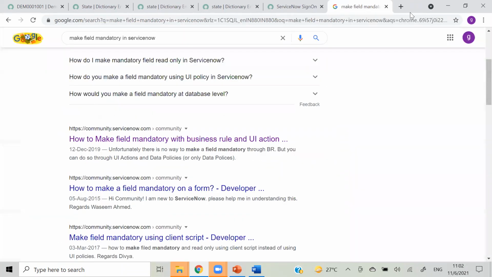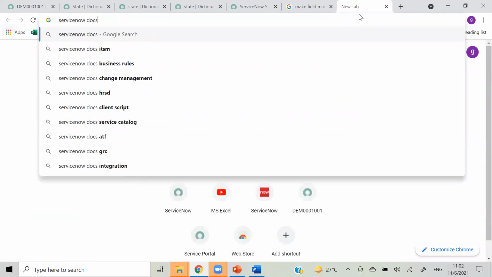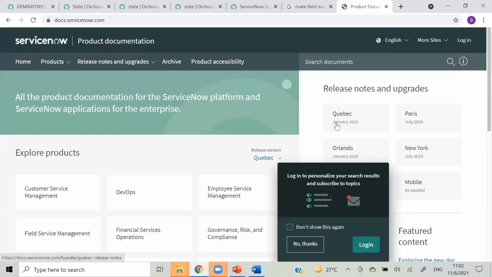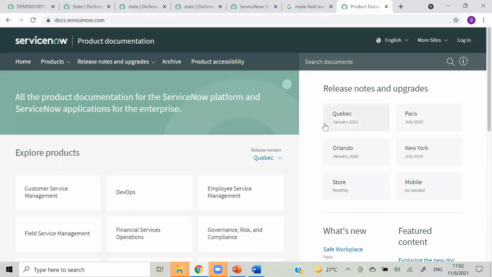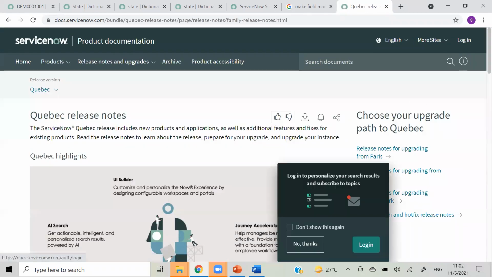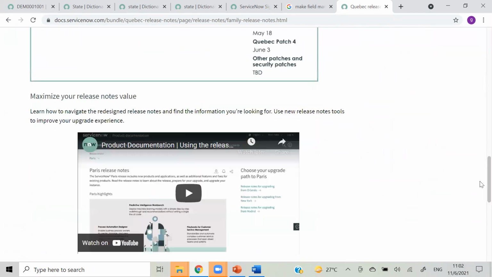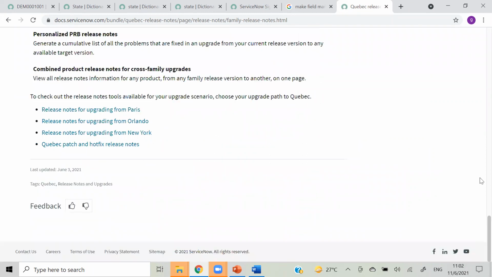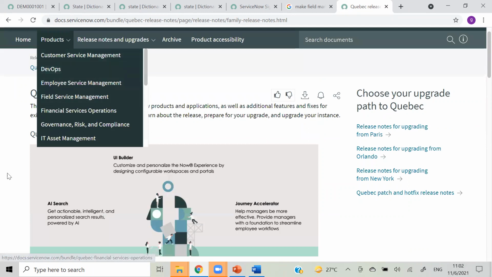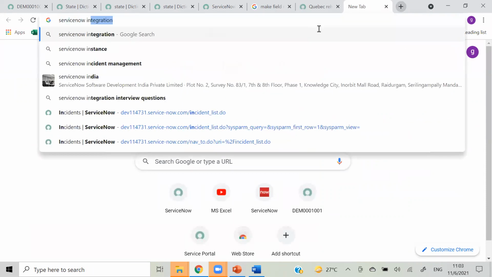Okay, and for ServiceNow docs, you can go to ServiceNow docs, and here you have each version-wise documentation. From here you can get all the information, or else this is one place. Or else, as I have told you, we can open the ServiceNow instance.